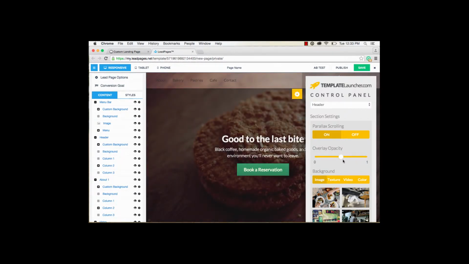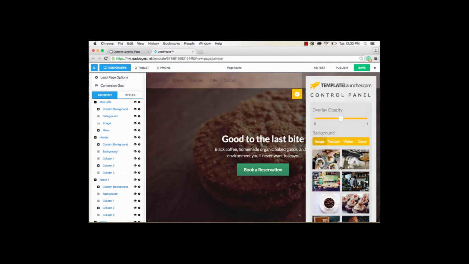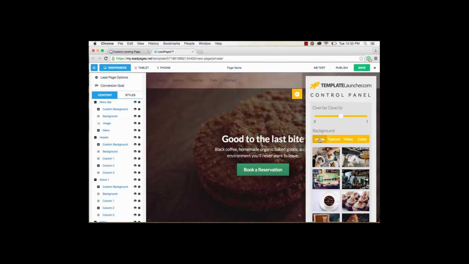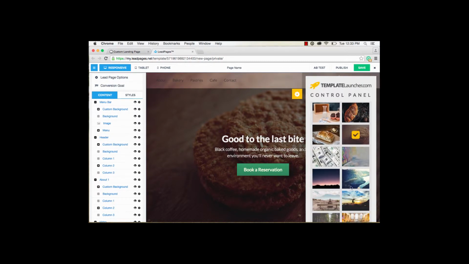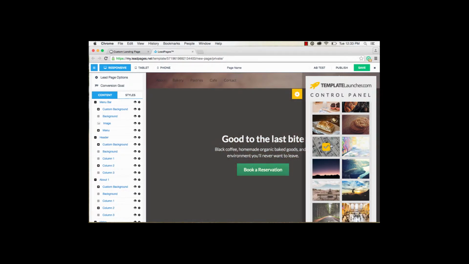So usually you put up the opacity if you have white text because you want the contrast to be higher. So you want the background to be darker. So here we're going to change the image. So all we do is we click on an image. So I'm going to click on